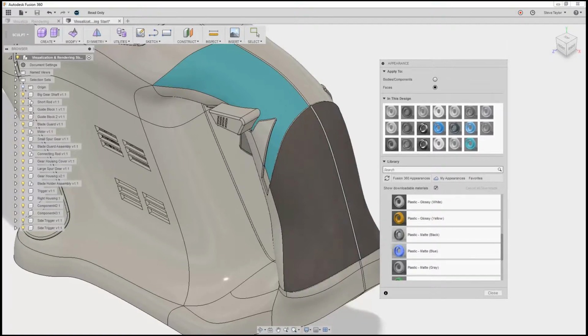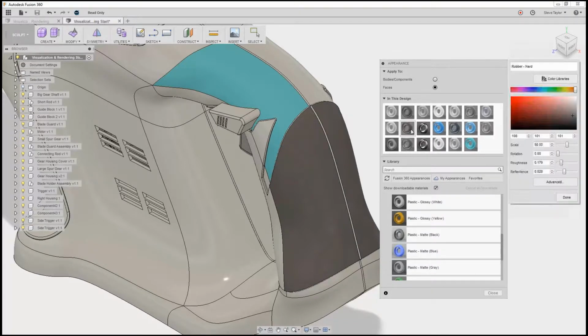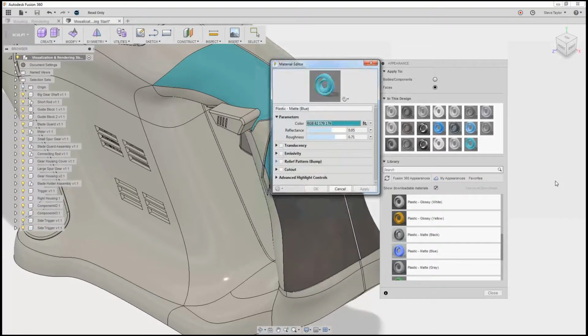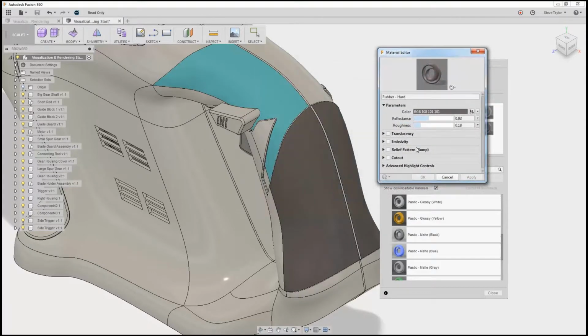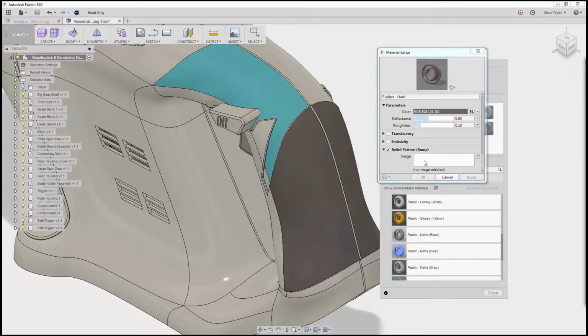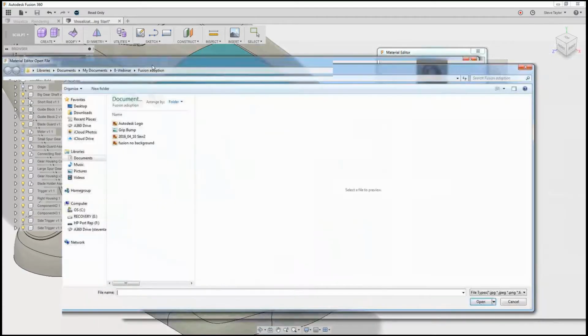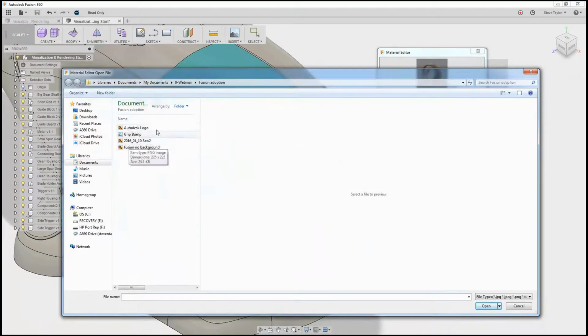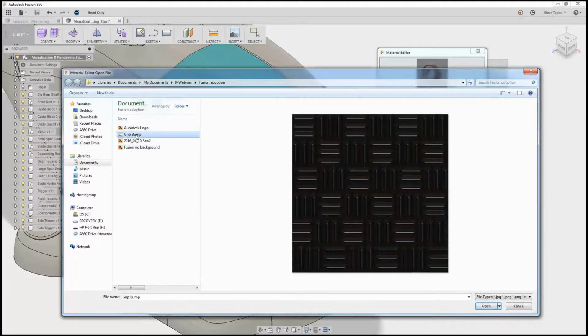Also, I can go into advanced and I'll select add bump map. So if I double click on that, again go to advanced, this time if I go bump map there and open it up, this brings me to my folder. Now these will all be shared with you. The access to the folders for the logo, the saw, the background. This grip bump map is an image that's been taken off Google. If I open it,